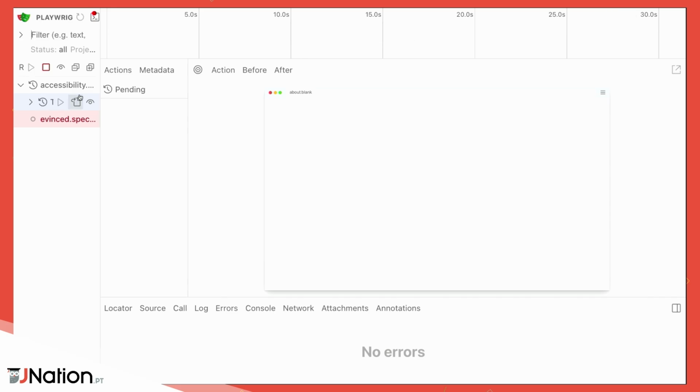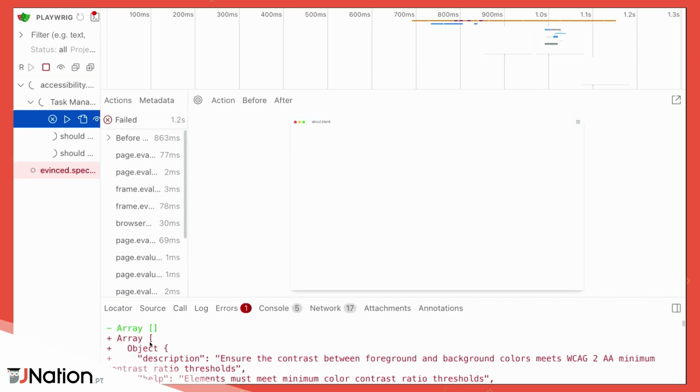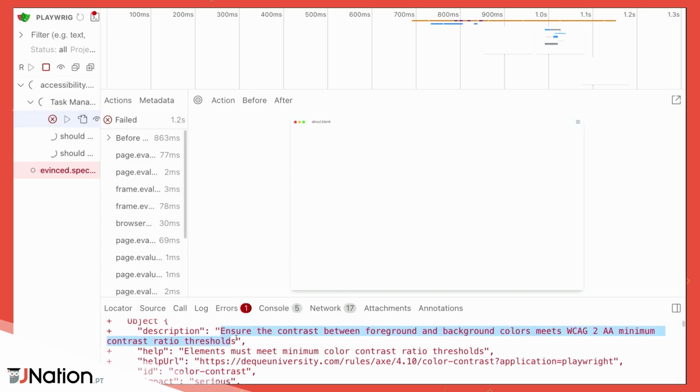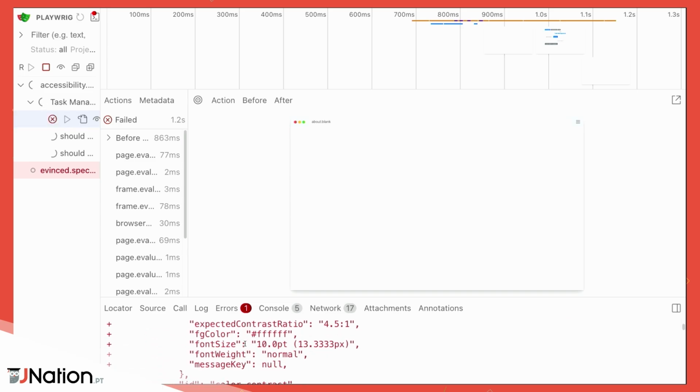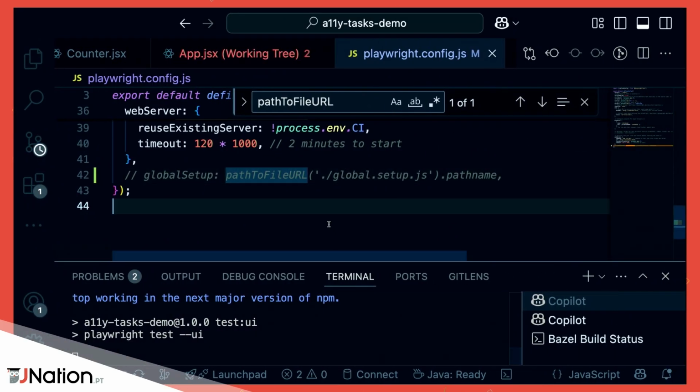And then here you can actually run it and see how it failed and where it failed. It also says the contrast, a lot of things here that you need to do. Okay? And that is Playwright. And the last one is